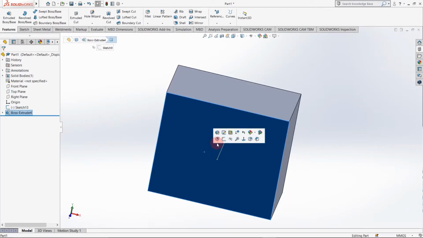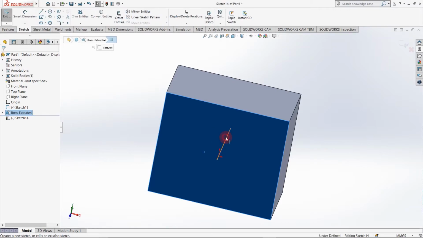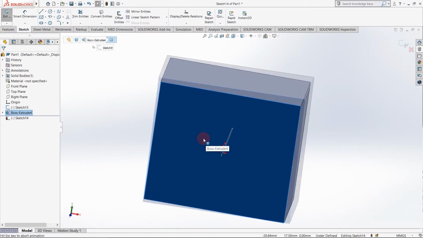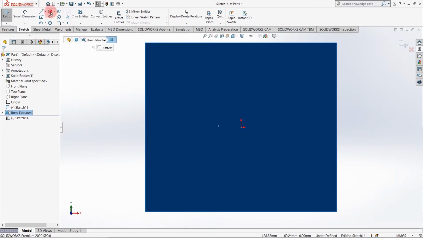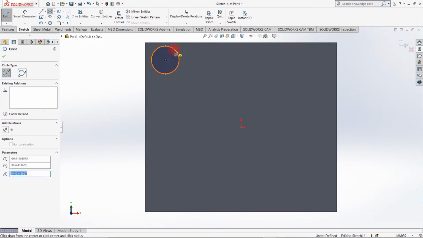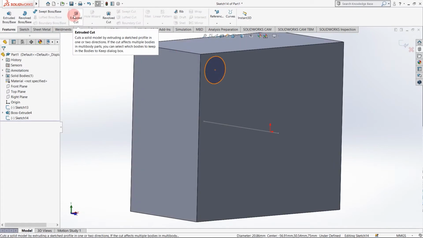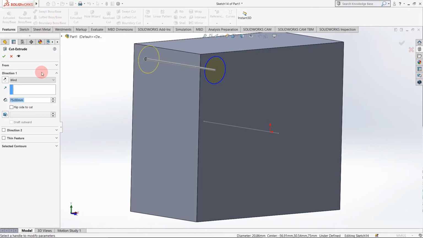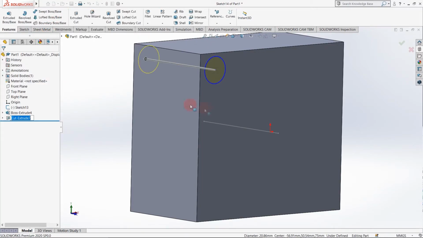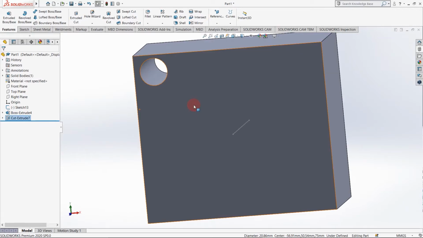I want a linear pattern on this surface. So go on sketch, sketch a profile for a cut. I want a hole, so I am selecting extruded cut, blind. Okay. As you can see, the hole is generated.